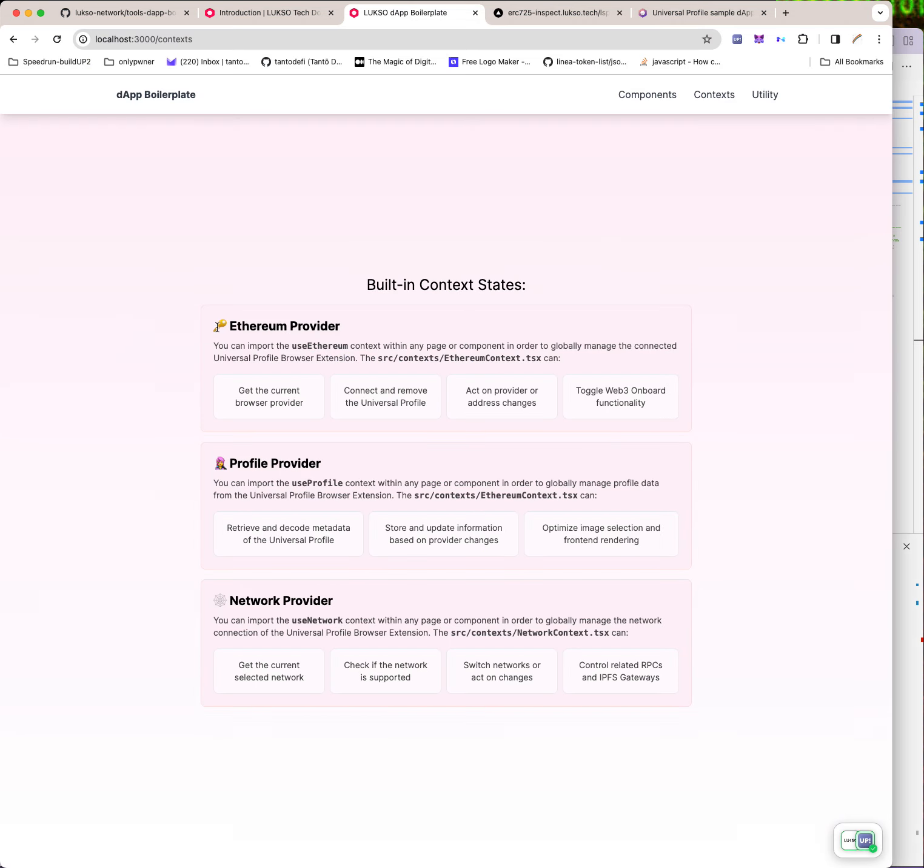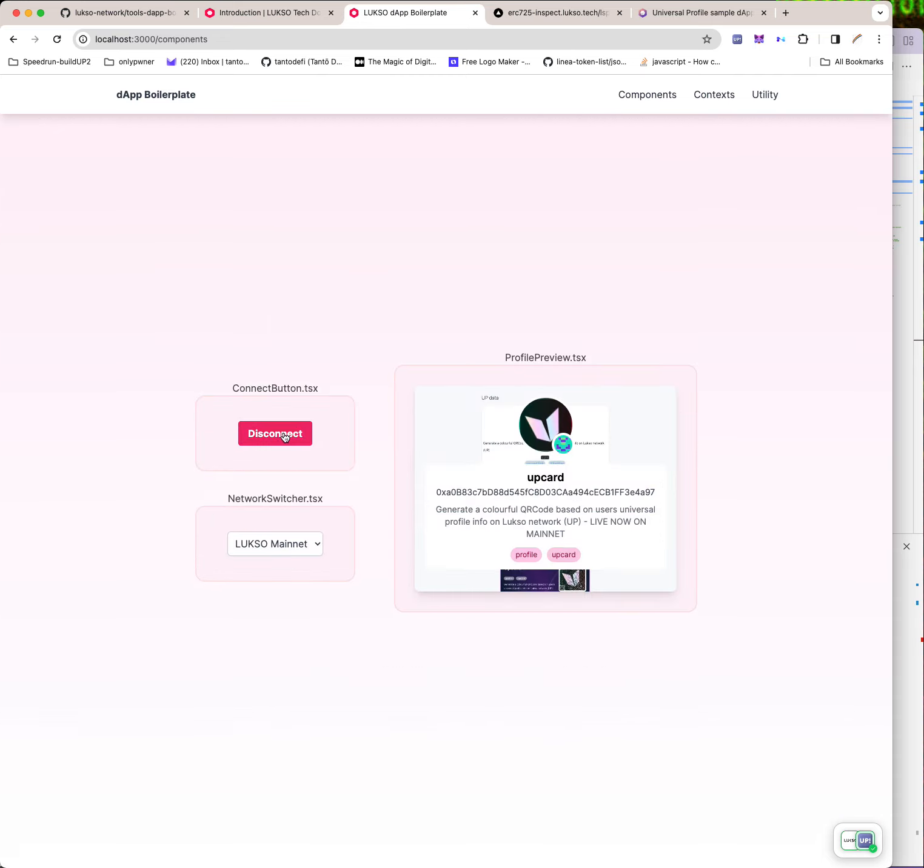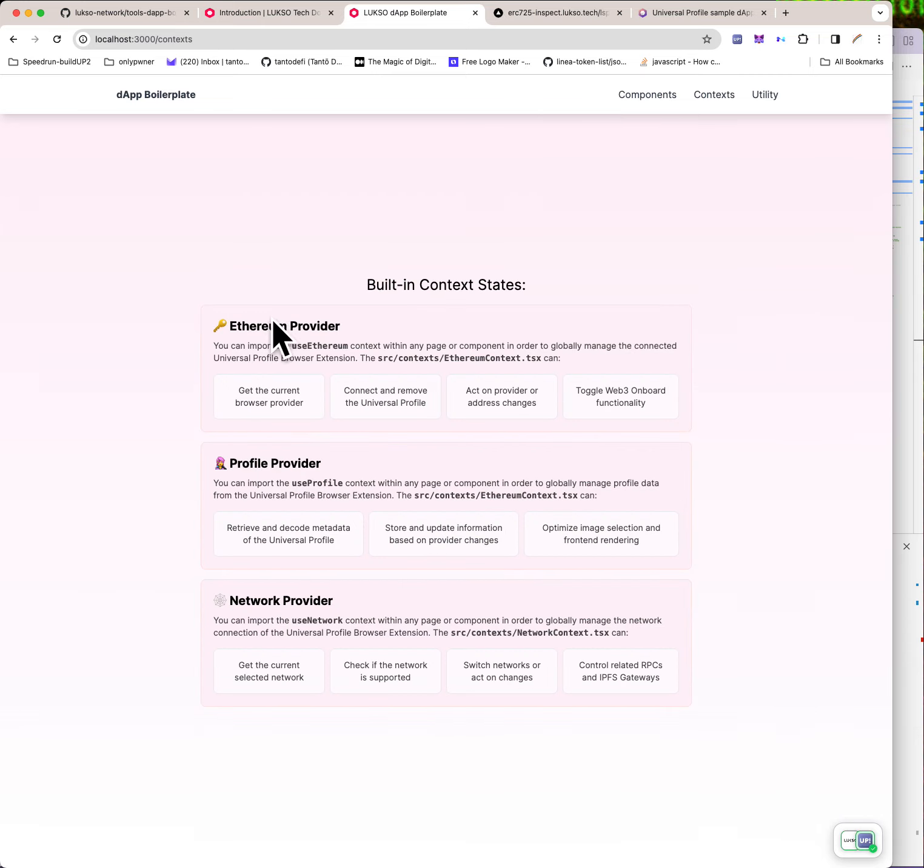So I would actually trust that all of this is accurate now, given that I just found that the new window.luxo context is in there, which is amazing. They just coded it right into the same Ethereum context TypeScript file. And then you can import useProfile, useEthereum, and useNetwork. Okay, cool. These are just the main primitives that it was telling you to use back here in the components. Connect button is the one that's going to map to the provider for Ethereum, because the